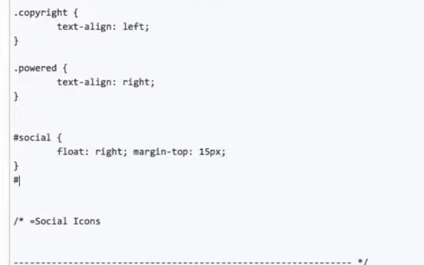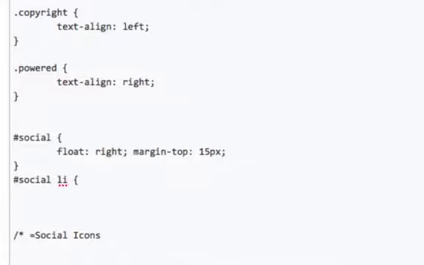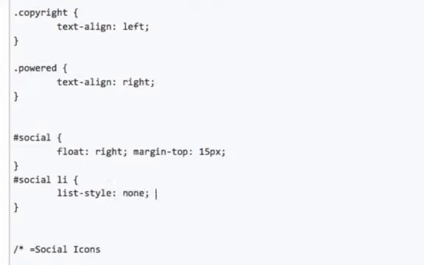And now for our social li. I know I'm kind of throwing this at you because I said that you don't need to know any code for the WordPress, but again, this is an optional video just to customize our WordPress theme. List style, I want it to be no bullets, no numbers, so let's give it none. What else do I want to do? I want to display it